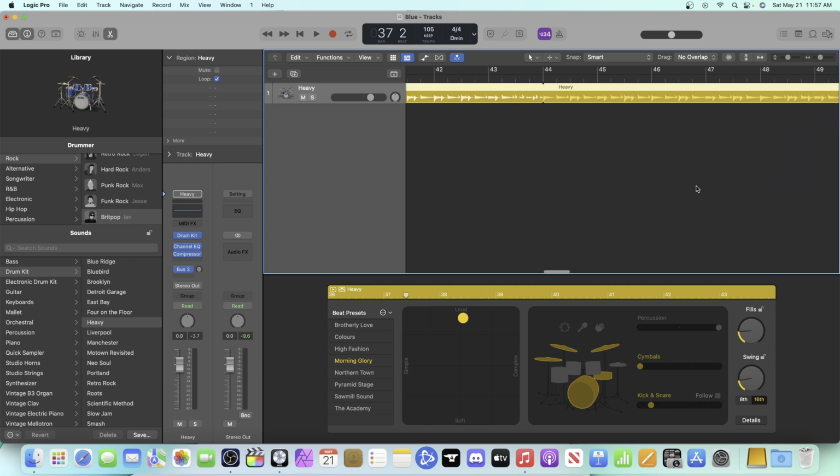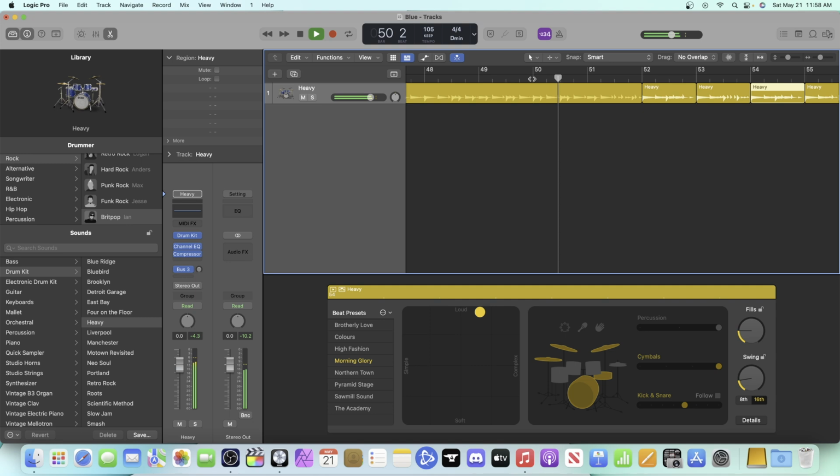Then I looped it here because it's the first time I don't sing, the second time I sing. This all makes sense when all the other tracks are in. Then for the chorus, basically this is the loud part of the build-up, but only the first bar of it. And then basically the fills are different. So it's like the last part of the verse here, and then it goes into the chorus,